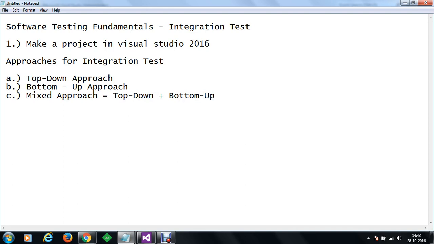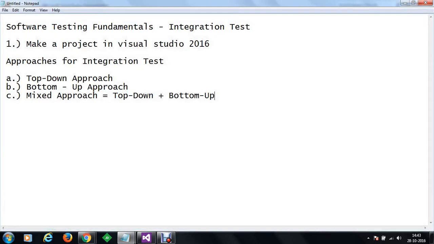Okay, so within the top-down, basically what we do is we perform these tests, and let's see how things will work.